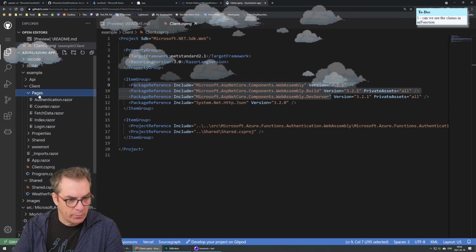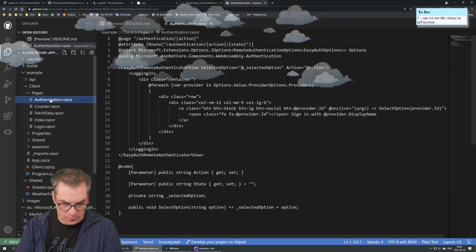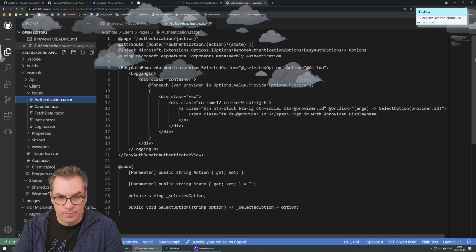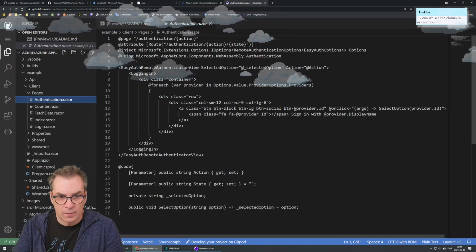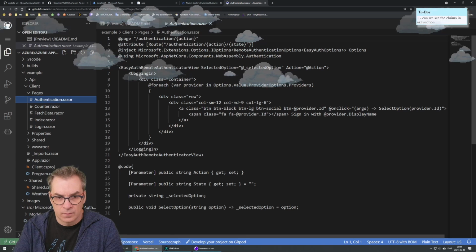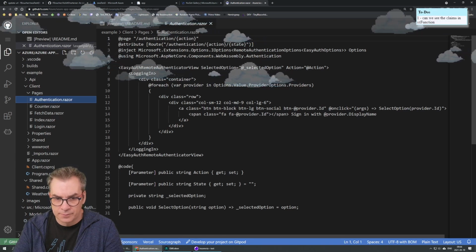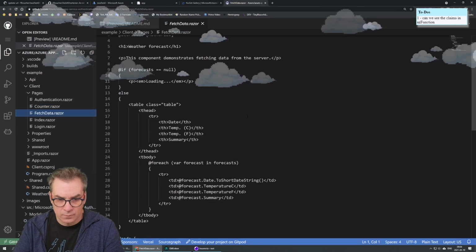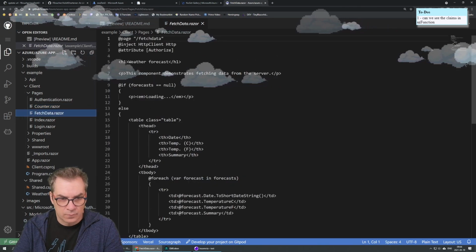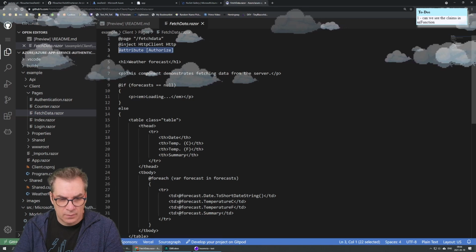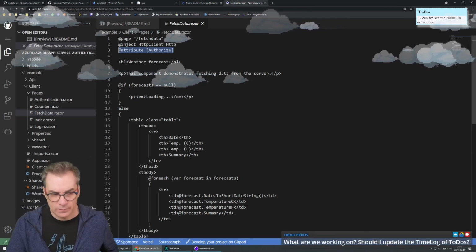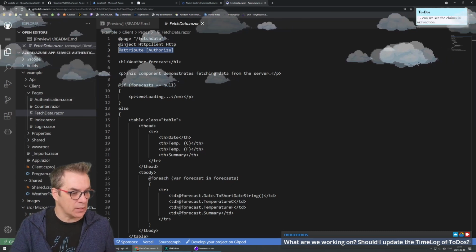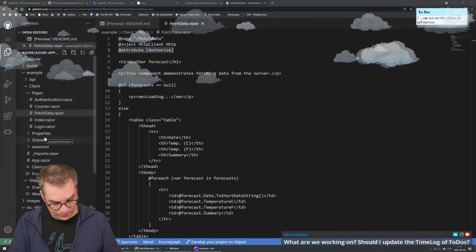And now if I look in pages, so he's using that. How can, what? What are you working on? What are you working on? I'm working, oh yeah, I should,